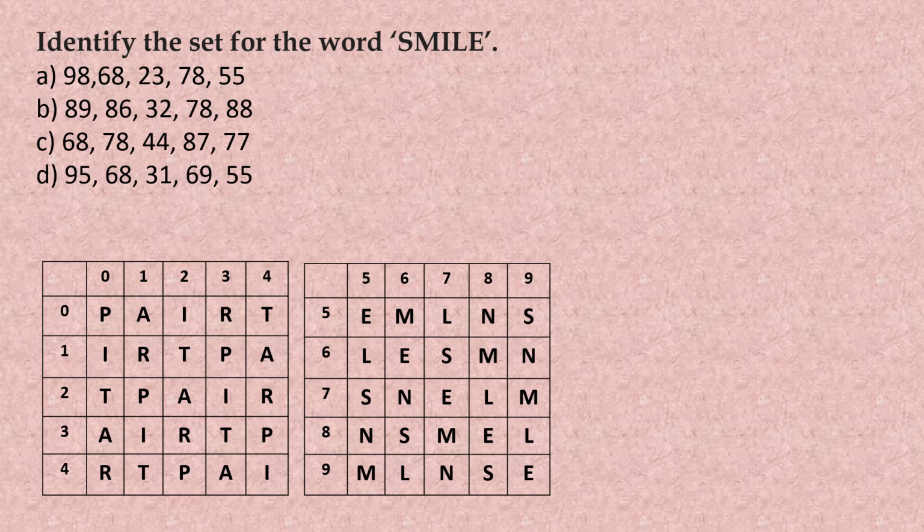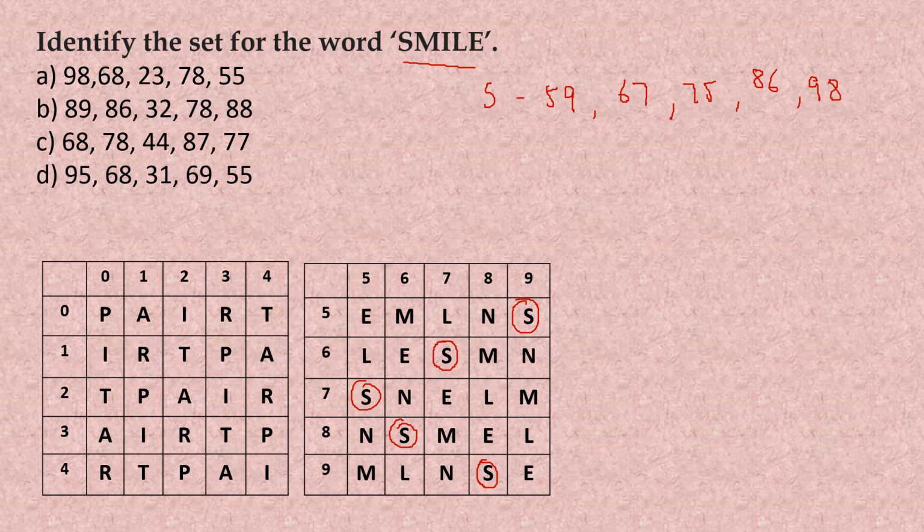Now let us look at the last part of the question here. The third question, we have to find out the correct set of words for the word smile. Now let us check for S first. 1, 2, 3, 4 and 5S. Let us check. The first number 59, 67, then 75, then 86, and then we have 98.